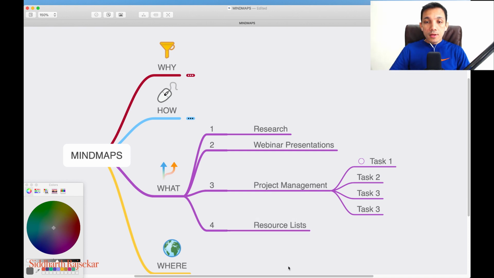Okay, so if I have to make a list of the top 10 tools or the top 25 tools, I did a whole research on that. And I'm also maintaining some resource lists, like my top tools, top email marketing tools, top hosting platforms, top domain name providers. You can create a whole bunch of resource lists and keep that. So anytime you need to know where the resources are, you can always go back to that one mind map, like